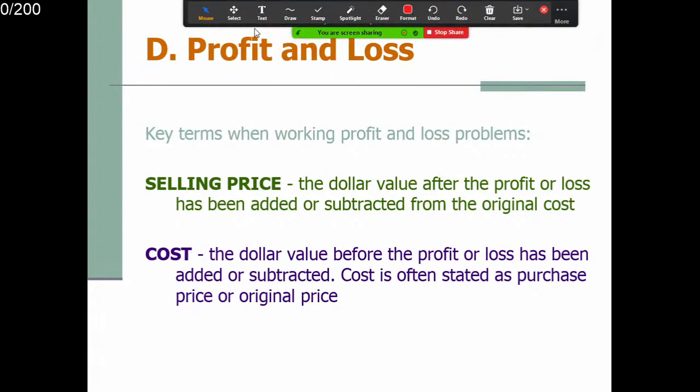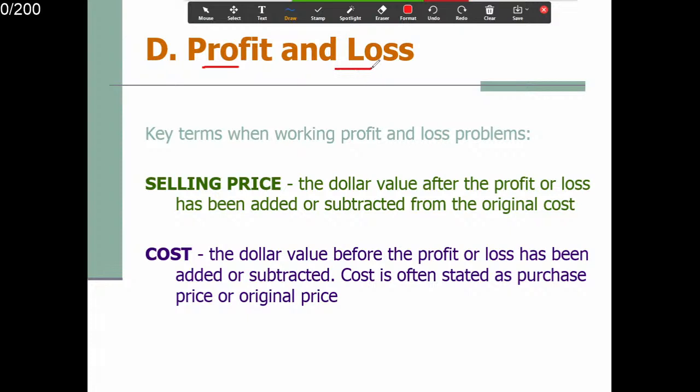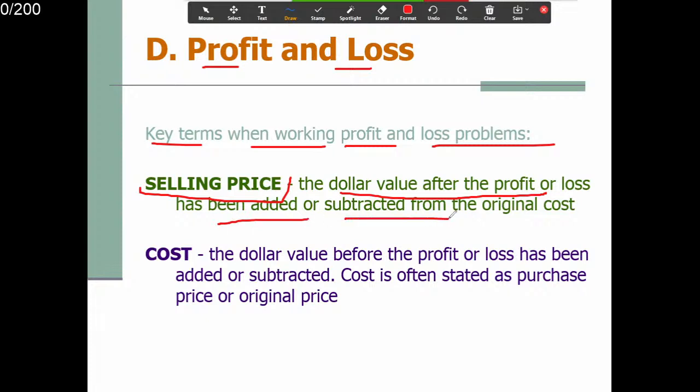All right, profit and loss. 盈亏. Key terms when working profit and loss problems. The selling price is the dollar value after the profit or loss has been added or subtracted from the original cost. That's the selling price. It's 卖价. What's the cost? The dollar value before the profit or loss has been added or subtracted. Cost is often said as the purchase price or original price. 那你的投资啦，你付多少钱出去？